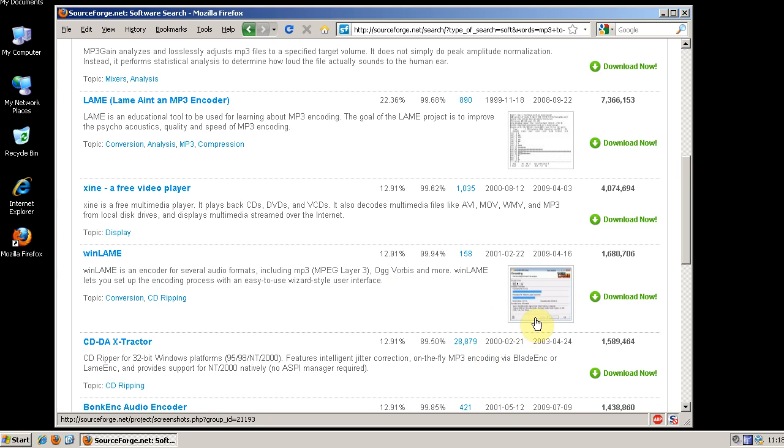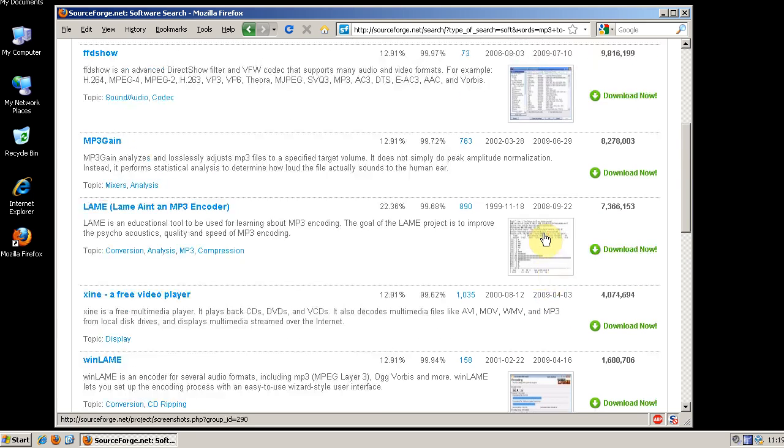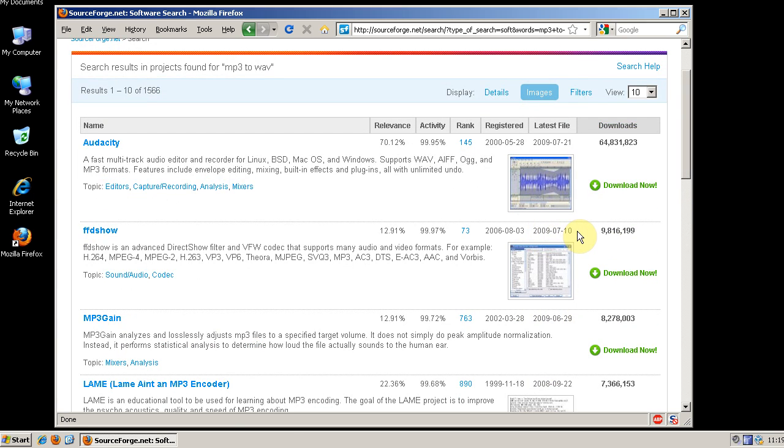Granted, these are open source projects, so you can actually see the source code for these programs. But for the closed source projects, you really don't know what's going on behind the scenes of the program, and they can literally do whatever they want to your system, and there's really nothing you can do to stop it once you've installed the program.